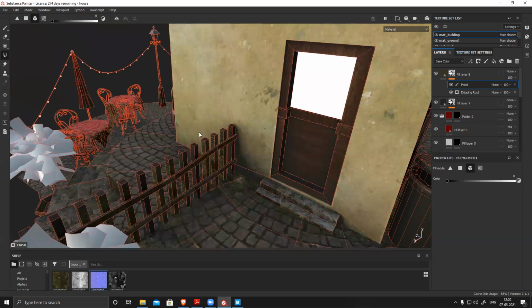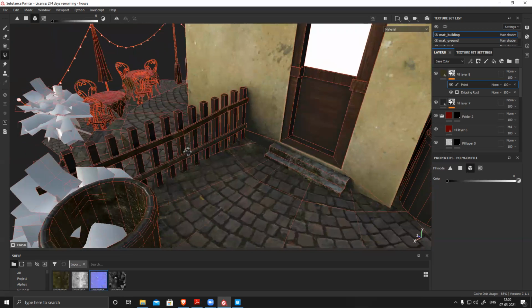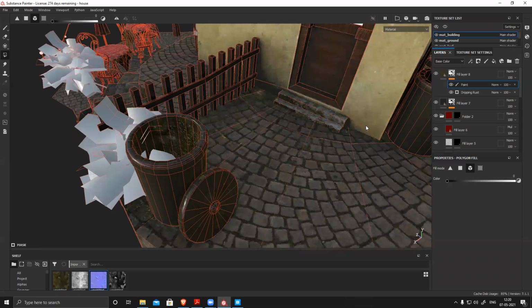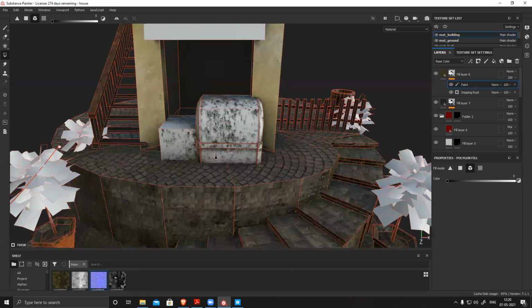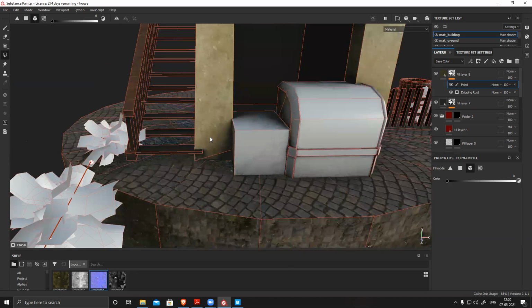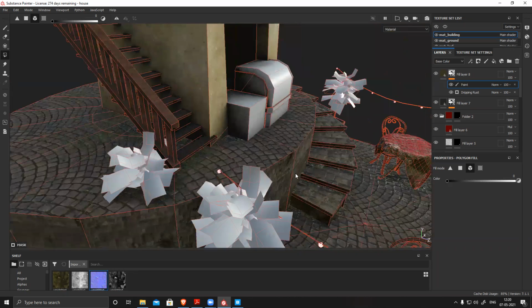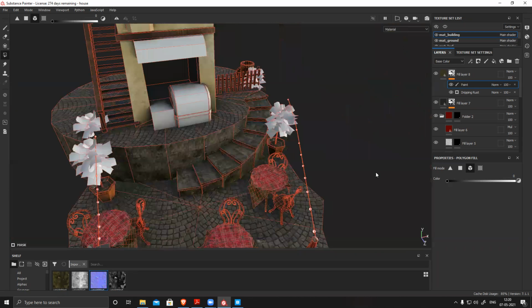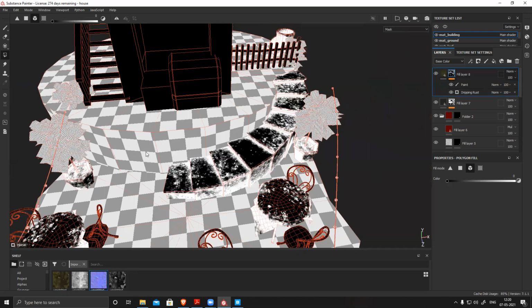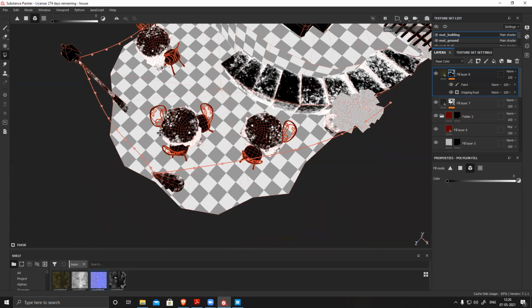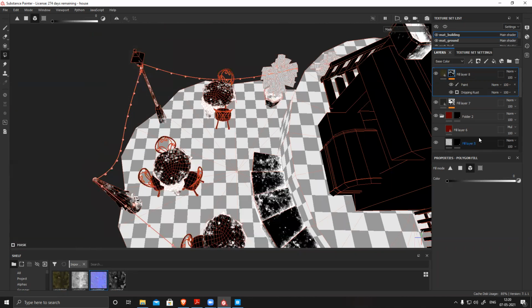Remove this also, it's like too much. Remove. And alt click on this and see wherever it's visible. Okay, table chair also is visible, I don't want to be visible here.